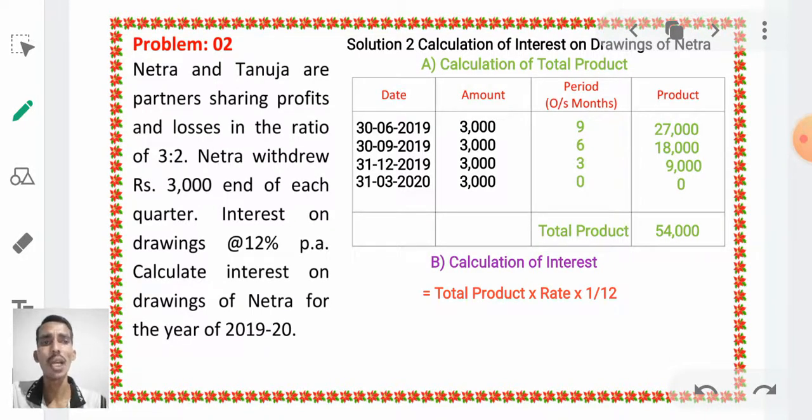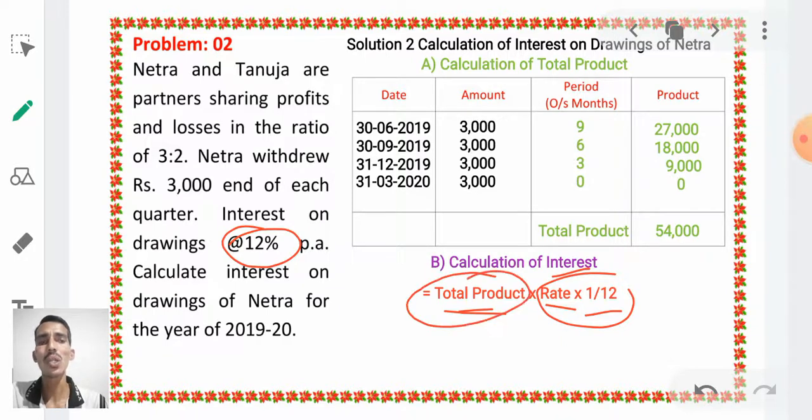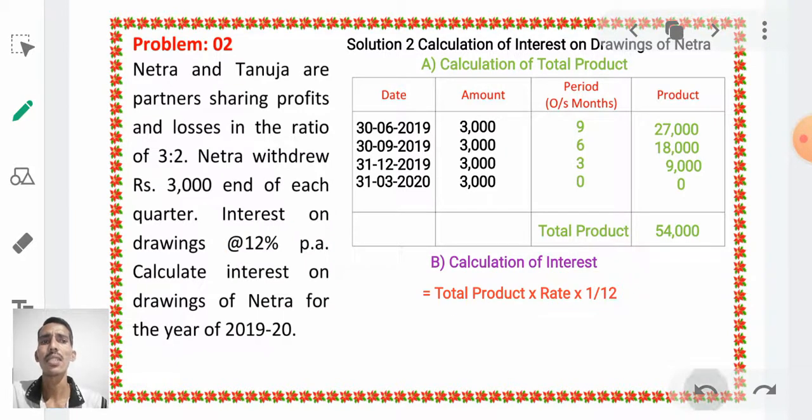Just observe that formula. We need to calculate interest: total product, rate and 1 by 12. We know the rate of interest 12% and 1 by 12 is also available, but there is no total product. Therefore we have to calculate total product like this. After calculating, this total product comes in the place of total product in the formula. Okay. Now take total product 54,000 into rate 12 by 100, which is given in the problem, and 1 by 12. The answer will be